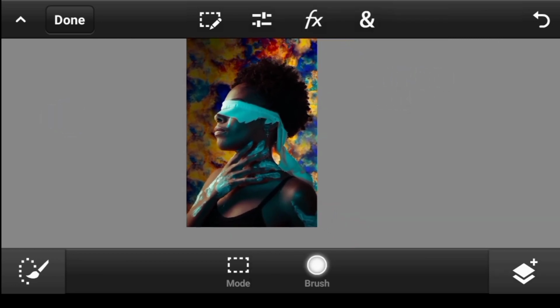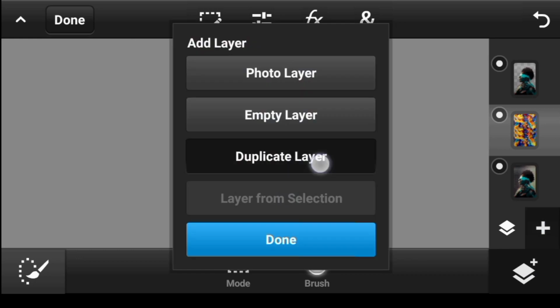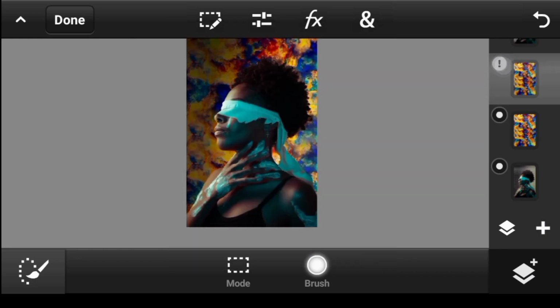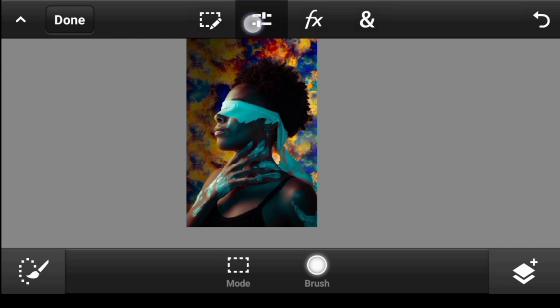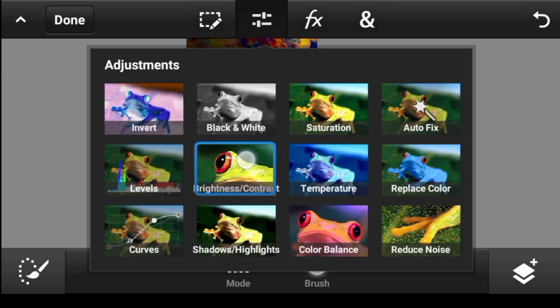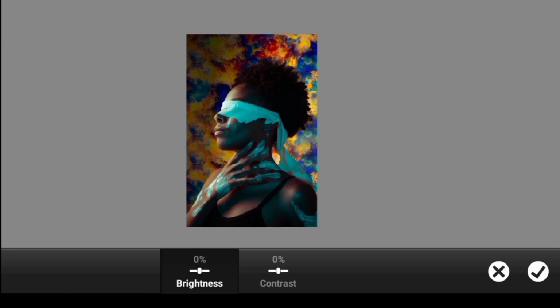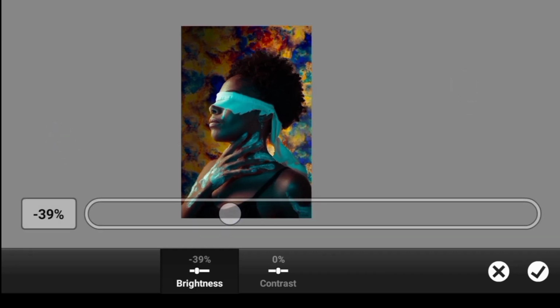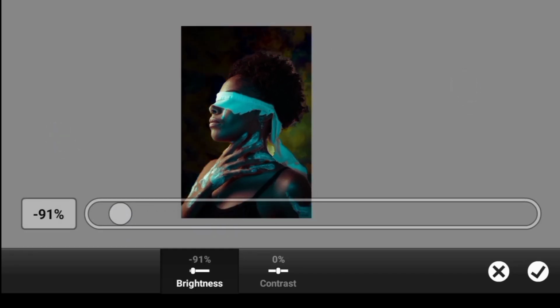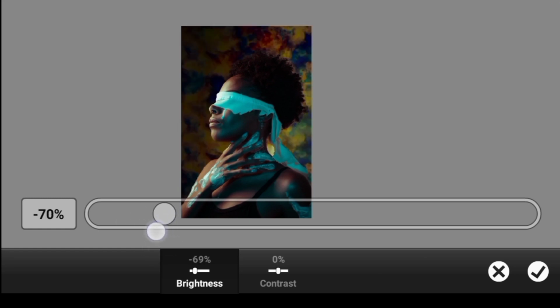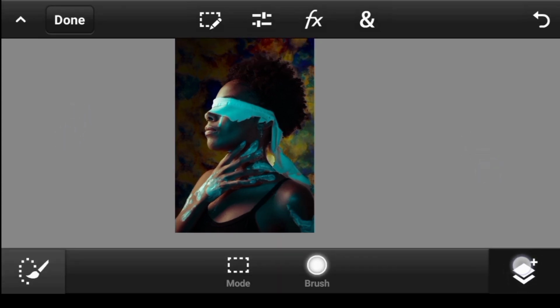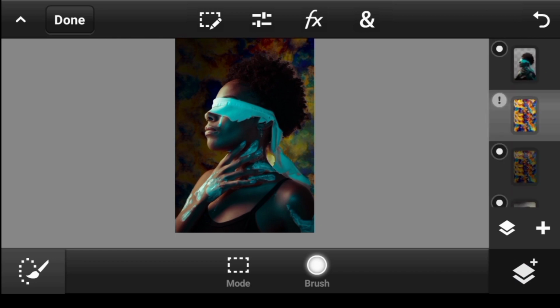Like so. First we want to make a duplicate of it. Let's turn it off at first. We'll click right here and let's go to the brightness. To do that, click on adjustment and you'll see brightness and contrast. Let's make it really darker. Alright, then you click on done and you go back here, and this is our copy. We'll put it